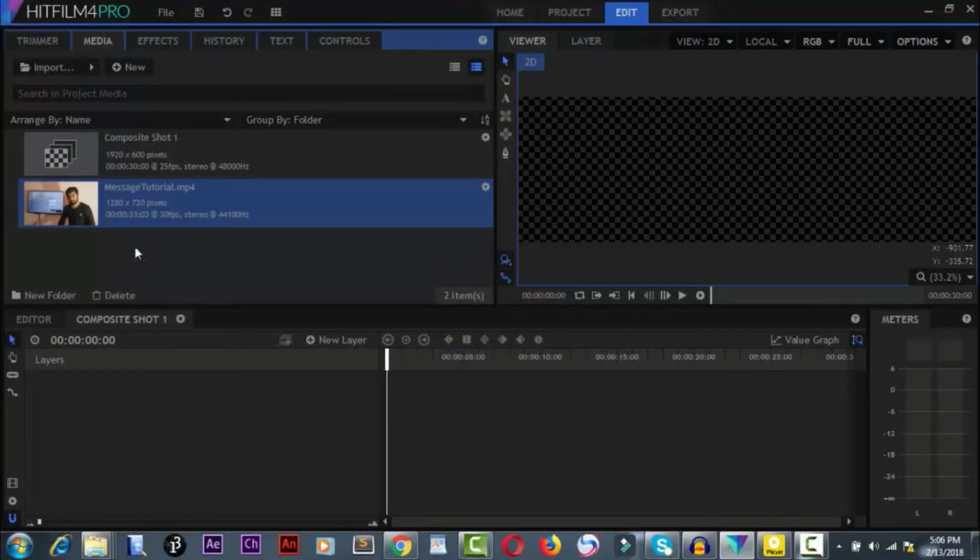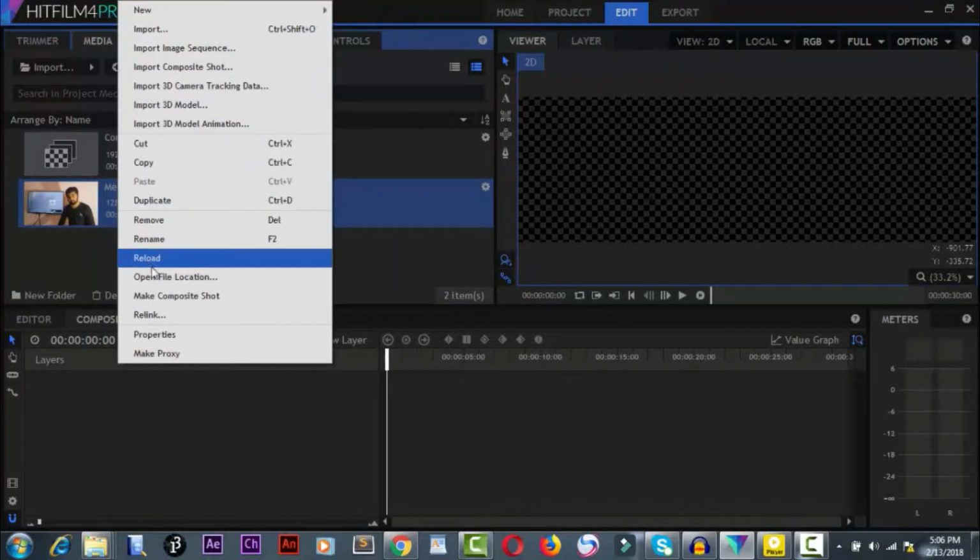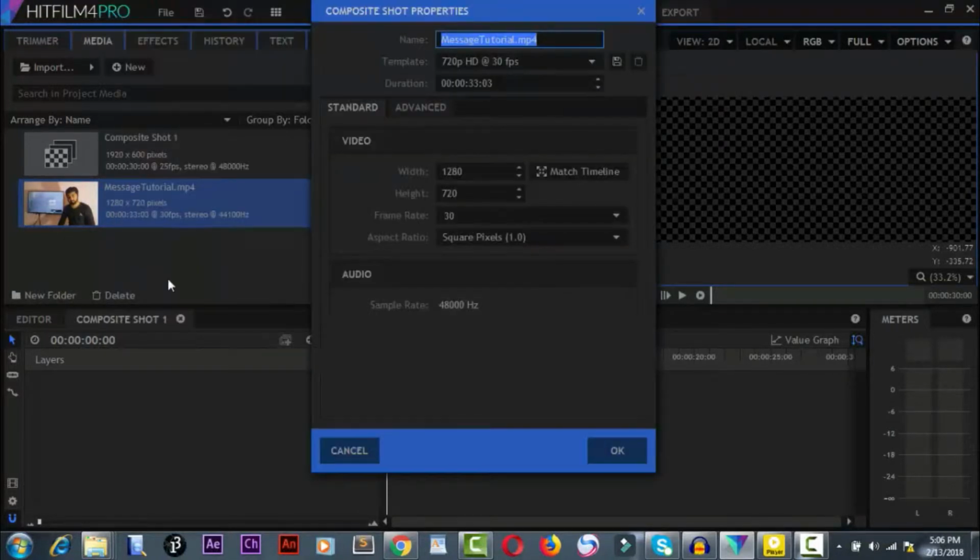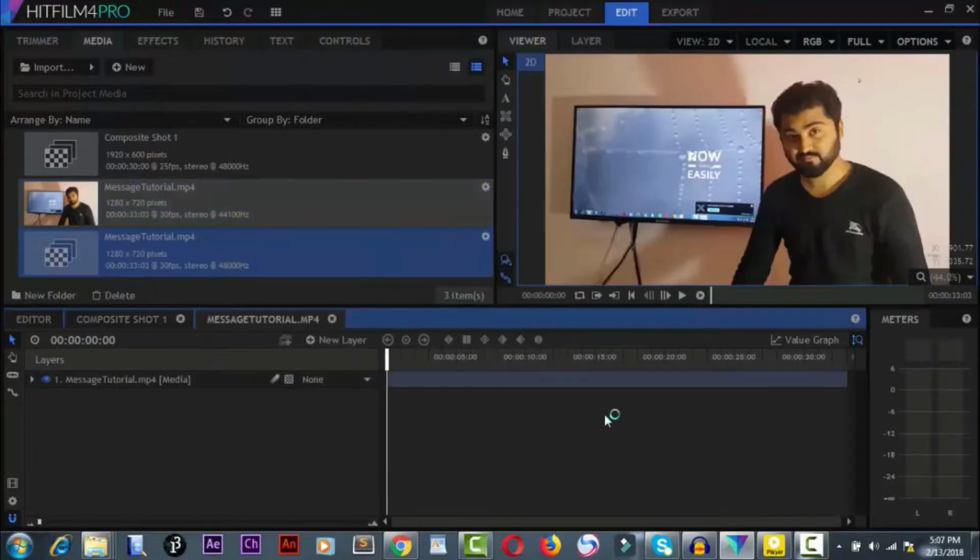So now that my video is here, I will right click on it and select make composite shot, and I will press OK. So now that I have the composite shot here, message tutorial, this is a composite shot here. So what I'm going to do is